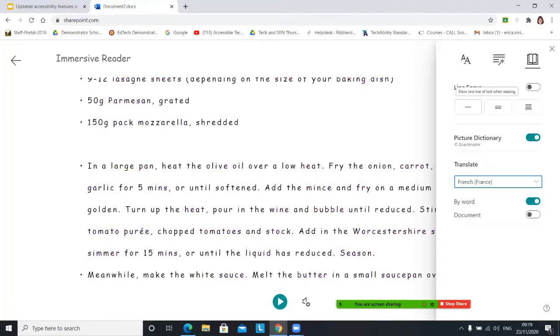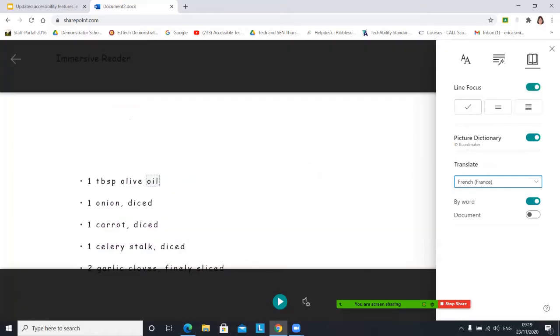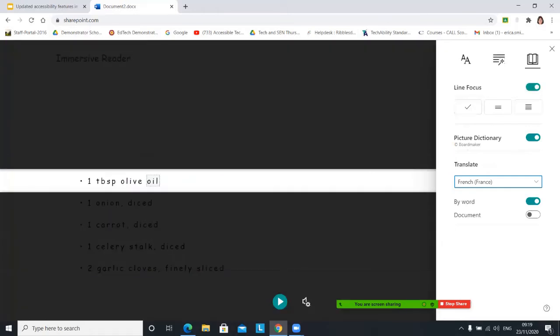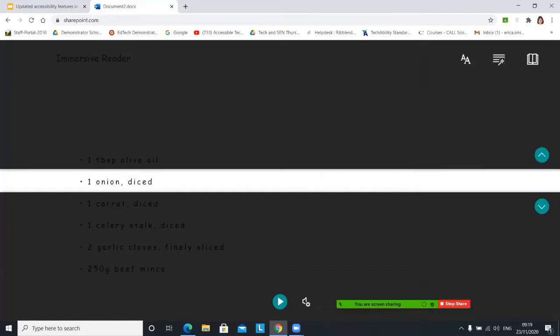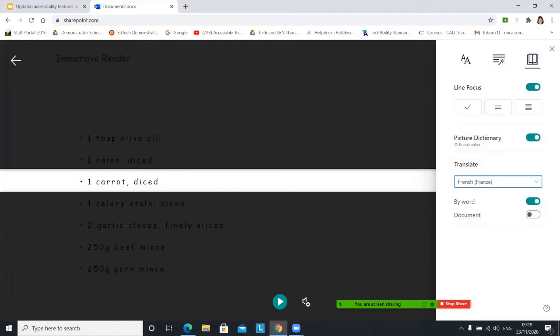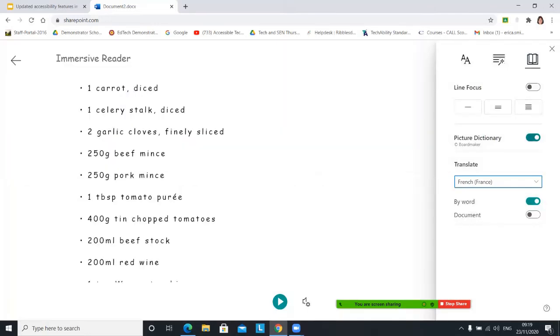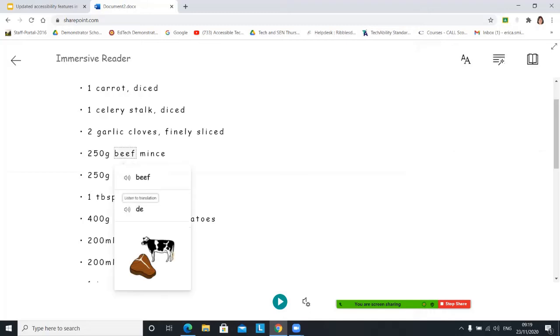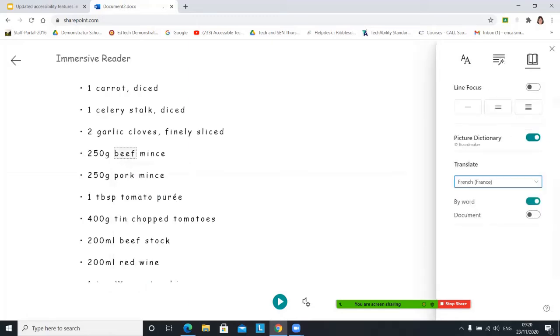Your reading preferences, a really nice feature is that they can actually have an on-screen ruler, so students can scroll through that text independently and it helps break it down for them a little bit. I'll just turn that off because I find it harder. There's a translate feature, so you can translate by single words, or you can do the whole document. And as you can see here, there is a really useful picture dictionary which I've turned on at the moment,